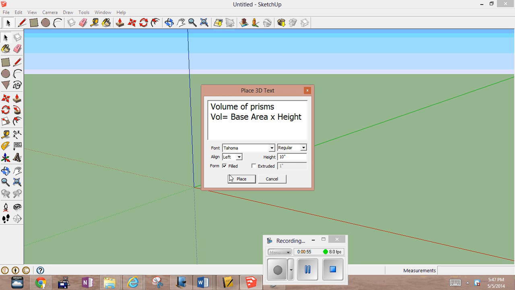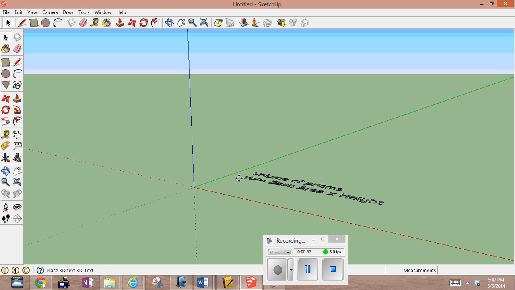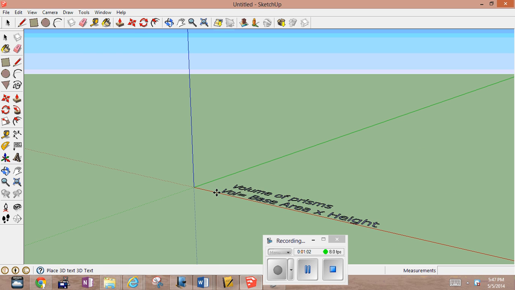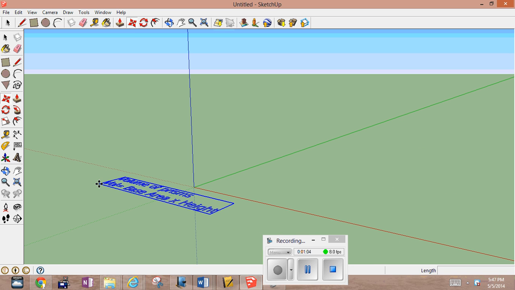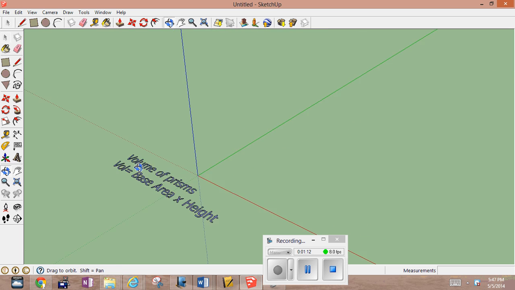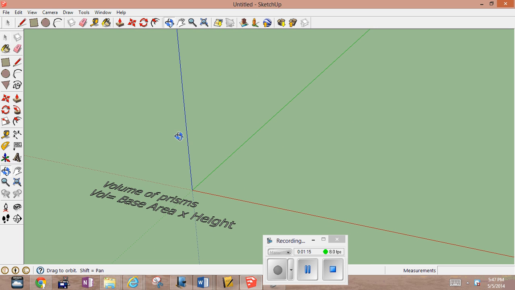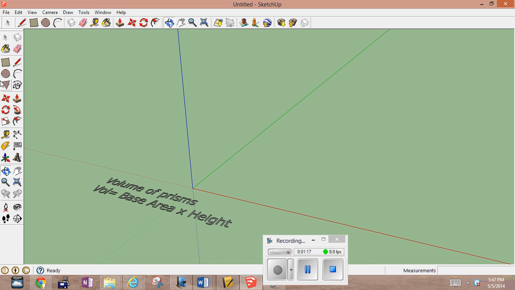So let's go and do that. We're going to put this, let's just put it right here. All right, volume is base area times height. There it sits, right? And if you wanted to see it, then here it is. Okay. So, simple rectangular solid. Rectangle,